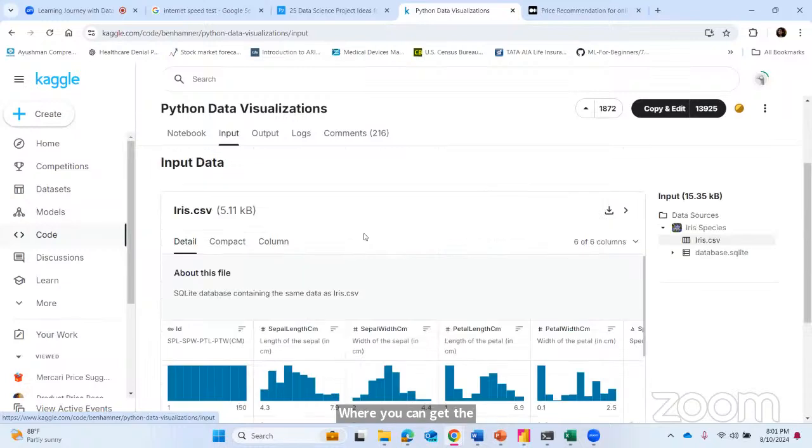In real time you will have different problem statements. This is just a number of sample examples where you can practice your Python and understand the code.